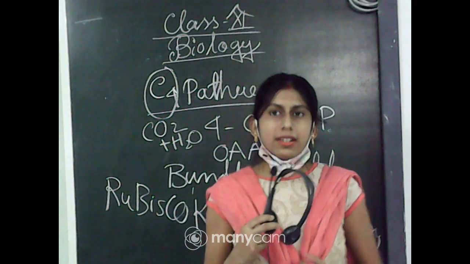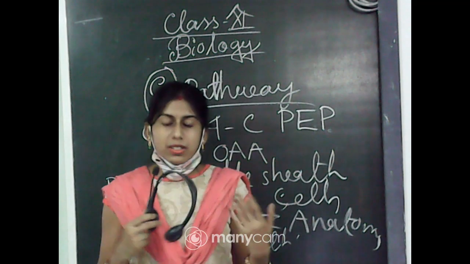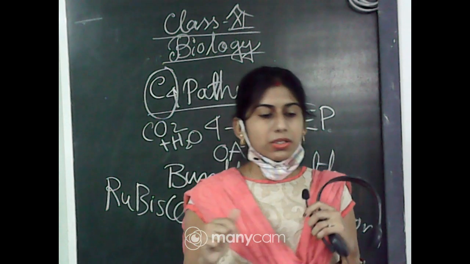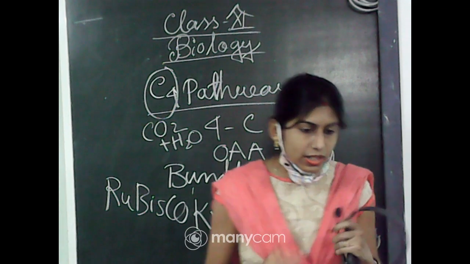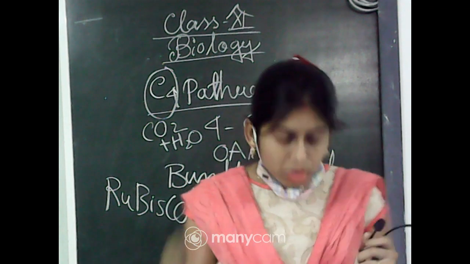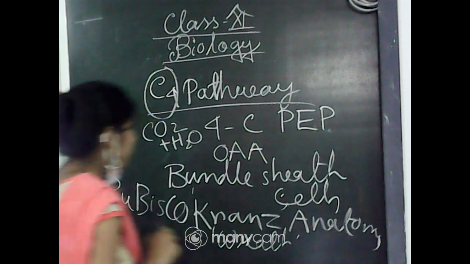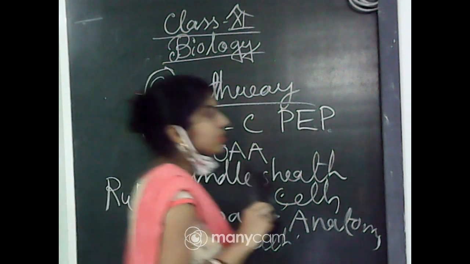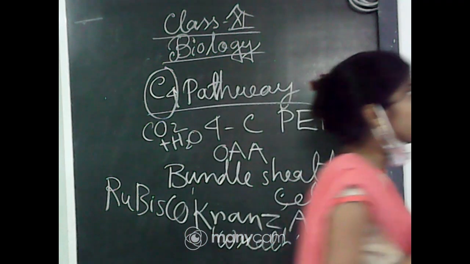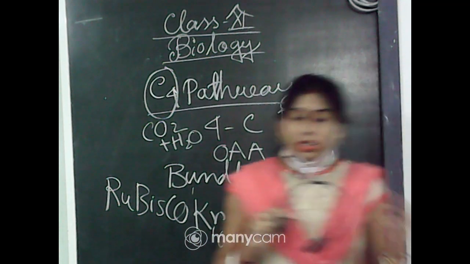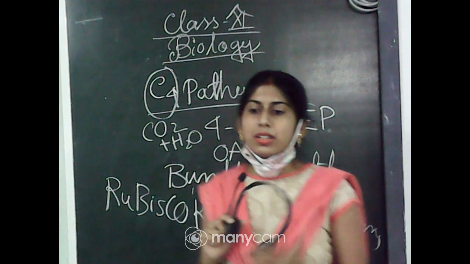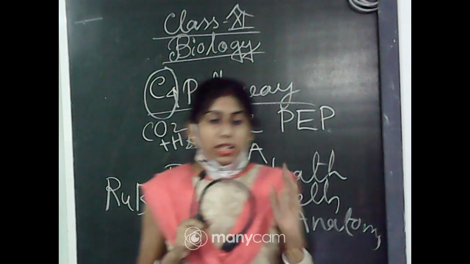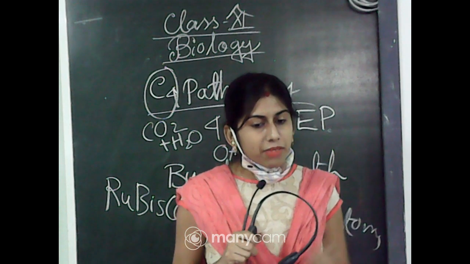Okay, so that Calvin cycle is common for the C3 and C4 pathways. The difference is that they have some different structures. In case of the C4 pathway, the Calvin cycle occurs in the bundle sheath cells. So with that you have come to know that there are many differences between the C3 and C4 cycles. Now you have to find out what the differences are. When you read it, after that you can find it very easily.